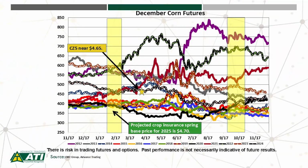Let's wrap things up this week looking at trends in December corn. December corn, as you tape here on Tuesday, has rebounded a bit to $4.65 a bushel. Notice that historically there's that potential between those crop insurance periods of February and October for quite a bit of price volatility. Therefore, we continue to strongly encourage you to work closely with your trusted risk management advisor to manage